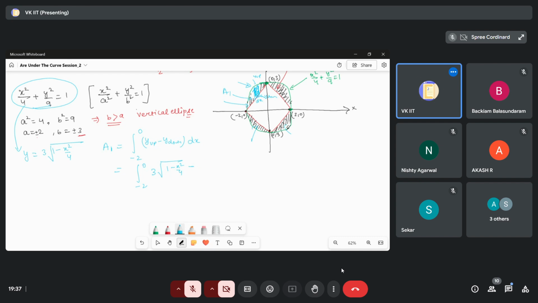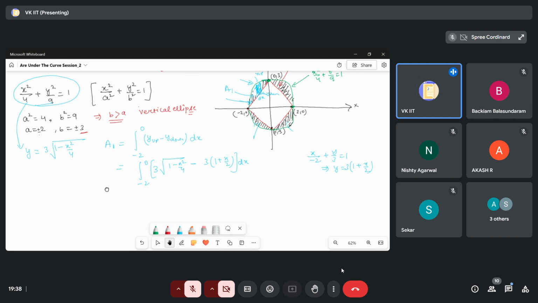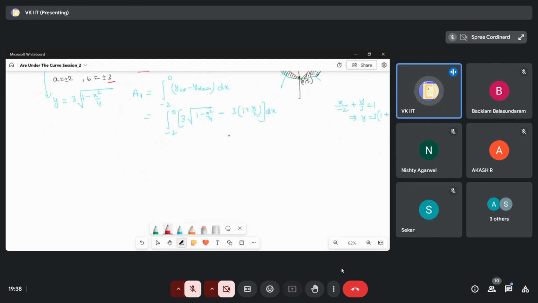If you're considering the second one, then the line will be x by -2 plus y by 3 equal to 1. So from here when you find out the y value, that will become 3 times of 1 plus x by 2. And then you have to do the integration. But don't you see that this is a very lengthy task. The second way to solve this, you can find out a solution from here also, but the second way to solve this is,